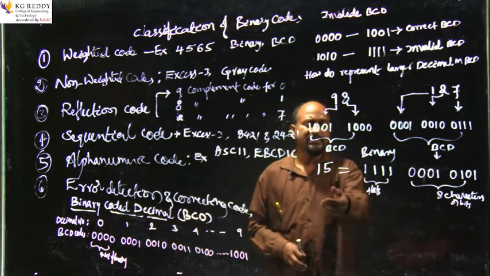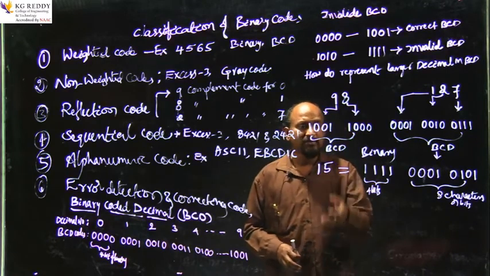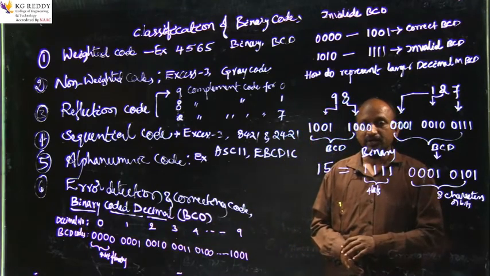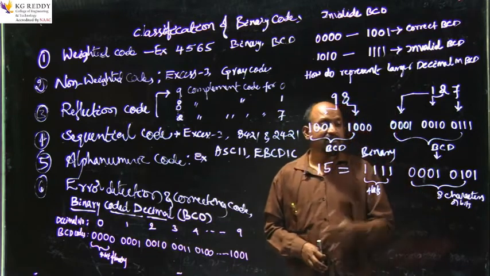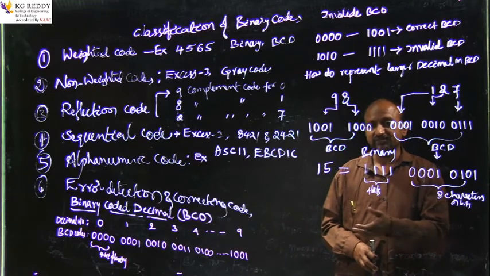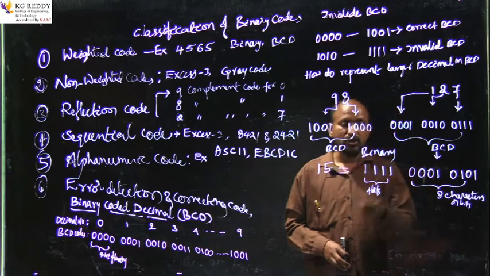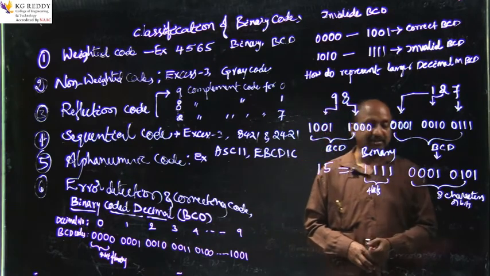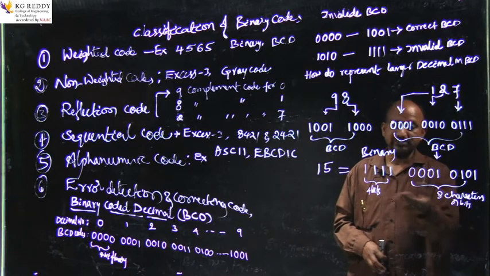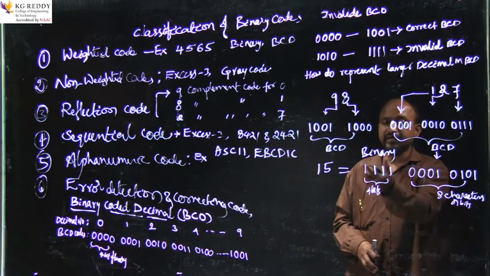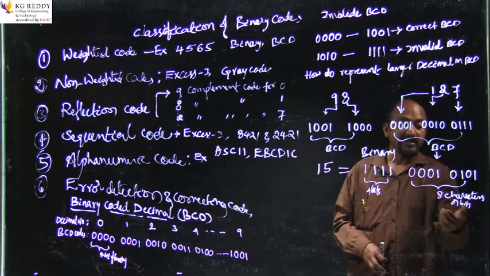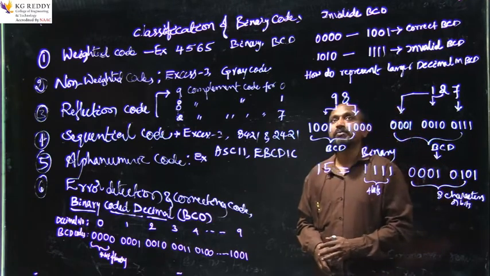What are the advantages? The advantage is that it is simple and easy to remember. If you remember up to 9, you can write any higher number in BCD. The difficult point is the complexity of addition and subtraction, where a different set of rules applies. That is one disadvantage. The other disadvantage is that it requires more characters. As in my example of 15, binary is four ones, requiring only 4 bits, whereas BCD requires 8 bits. This is one of the biggest drawbacks of BCD.